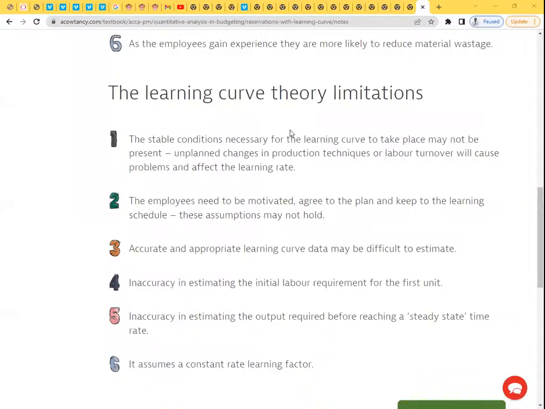So what I'll never forget about these disadvantages, limitations. Number one, we are making an assumption that the time taken to produce the first unit is known in advance. There are very many companies that don't keep records. If you ask them how long it took them to make the very first unit, they'll tell you no, they don't know. It assumes in this case that R is known in advance and is going to remain constant.